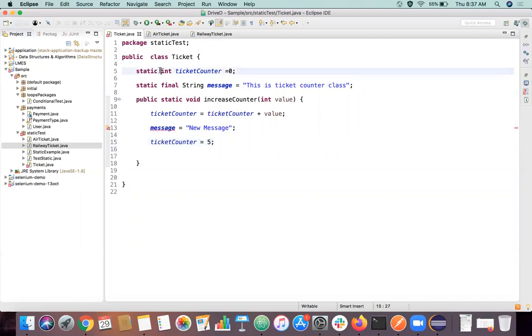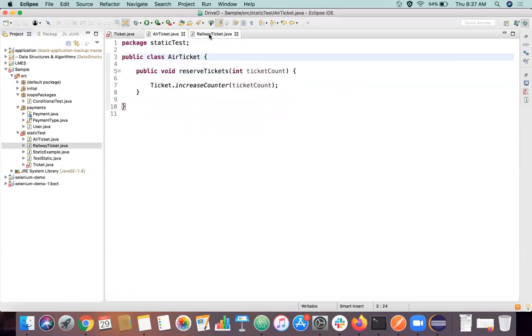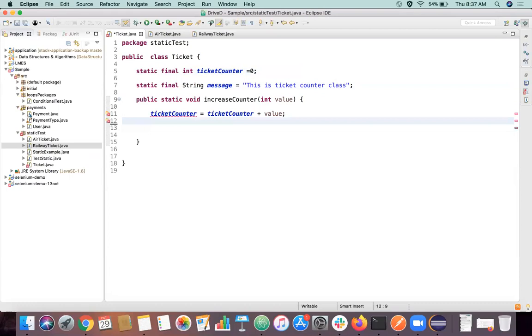If I declare it as static, I am able to assign. If I declare it as final, again it's throwing an error. I cannot go and modify a final value here. So that is one use of final. I cannot run this program now, because once I declare this as final, it throws a compile time error itself. I cannot increase this counter value based on the argument we get, so basically I cannot run this program now.